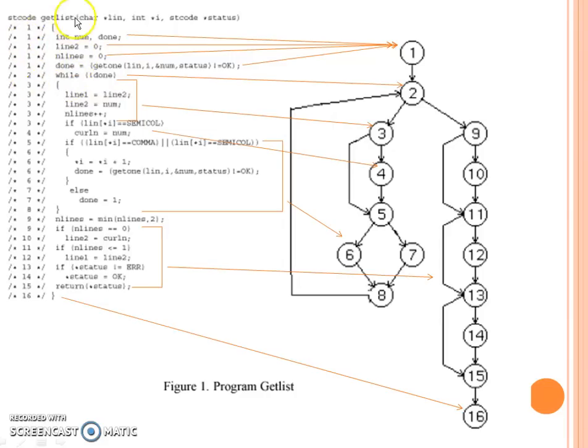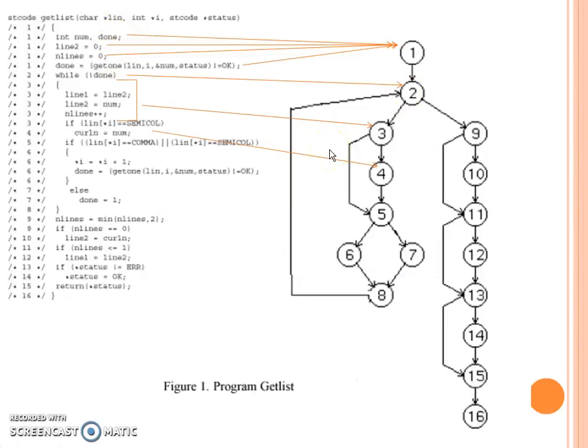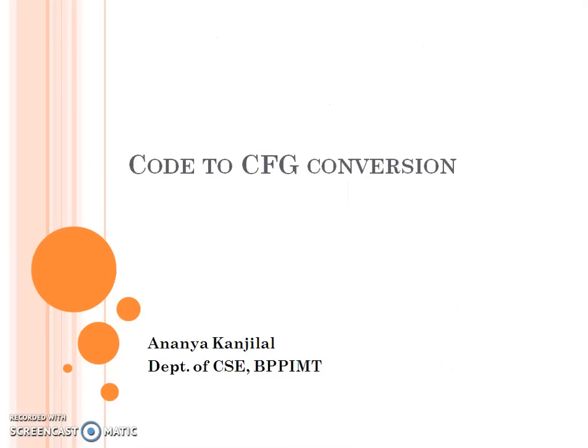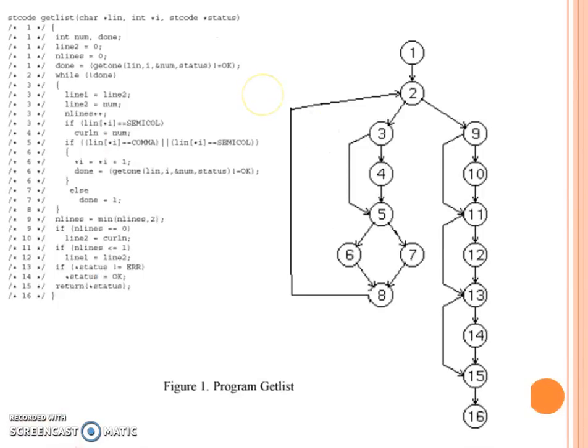And similarly, we use the same logic to construct the CFG. So I'll just go back once again and we'll quickly see how we'll start off. Initially there are 4 lines of code which are sequential, clubbed together as node 1. Thereafter we start a while loop beginning at node 2. It terminates at node 8, but in between it moves through 2 if statements.